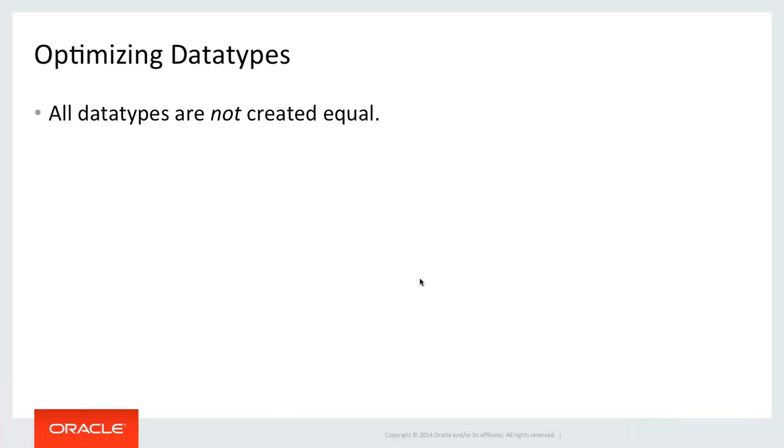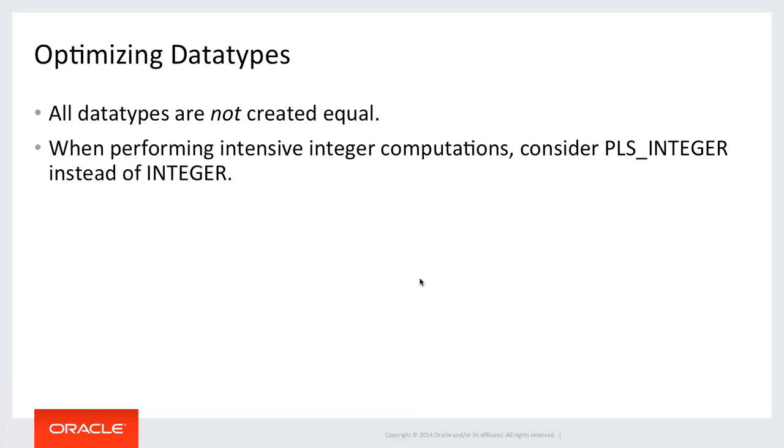Okay, optimizing data types. All data types are not created equal, and there are certain things you should be aware of that will help you under highly specialized circumstances. For example, the most common one is that if you're doing intensive integer computations, millions of computations, you should avoid integer and instead use PLS integer or binary integer, which is its equivalent subtype cousin, to do your integer computations. And as long as the integer values fall within the PLS integer range, essentially minus 2 to the 31st plus 1 to 2 to the 31st minus 1, about 2.14 billion,